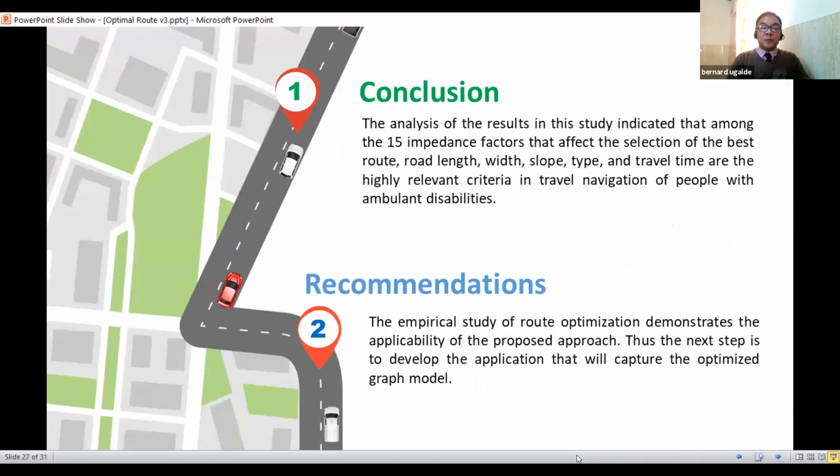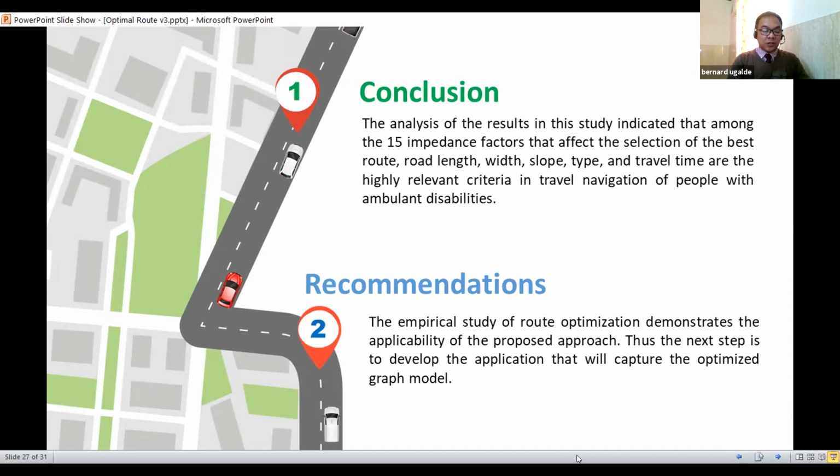So travel navigation for people with ambulant disabilities is a multi-dimensional task that requires comprehensive knowledge around the surrounding environment. Human thinking style is limited for decision-making to determine the optimal route among several alternative paths considering multiple convergent criteria. This study proposed a model to help people with ambulant disabilities to determine the optimal route for a short and